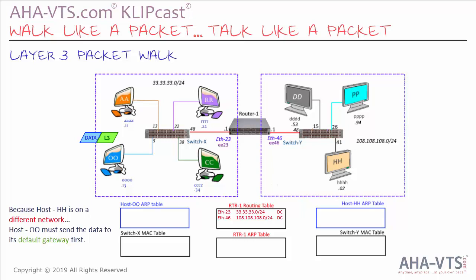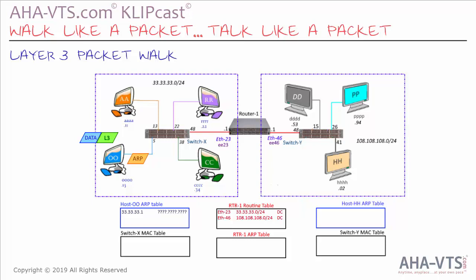Because of this, host 00 needs to send the information to its default gateway of 33.33.33.1. Next, host 00 will then construct a layer 2 header. It will check its ARP table for the MAC address that belongs to the default gateway. Like before, host 00 doesn't have an entry and will have to send an ARP request to determine the MAC address that belongs to the IP address of its default gateway of